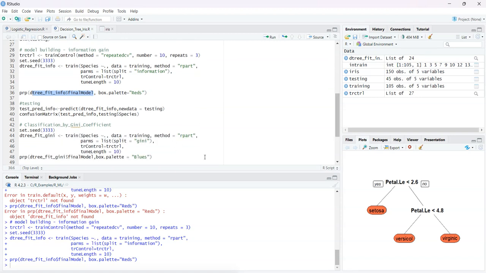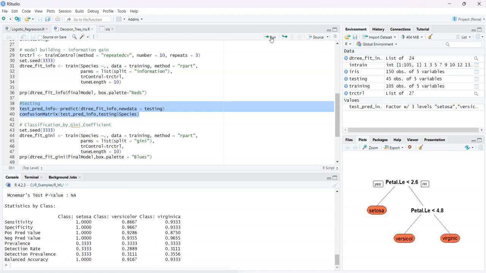So once the tree is constructed, you can evaluate your model. So test prediction is making the prediction. This is your model name, and then newdata is testing. So the 30% testing data is used, and then we have a confusion matrix between actual and what the model has predicted. When you do that, the prediction is done, and you can see the classification